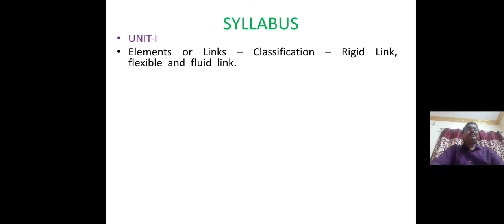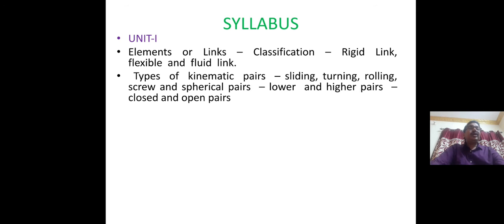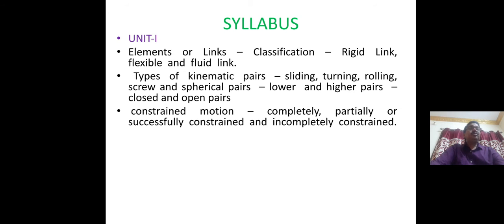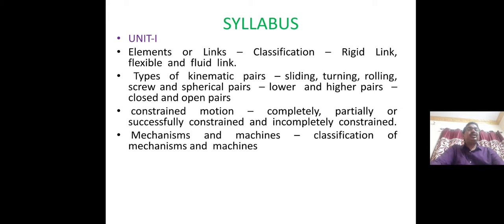Unit 1: elements or links, classification, rigid links, flexible links and fluid links. Types of kinematic pairs: sliding, turning, rolling, screw and spherical pairs, lower and higher pairs, closed and open pairs, constrained motion, completely, partially or successfully constrained and incompletely constrained motions, and mechanisms and machines, classification of mechanisms and machines,